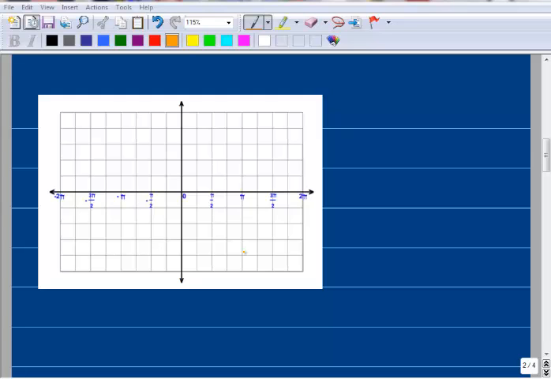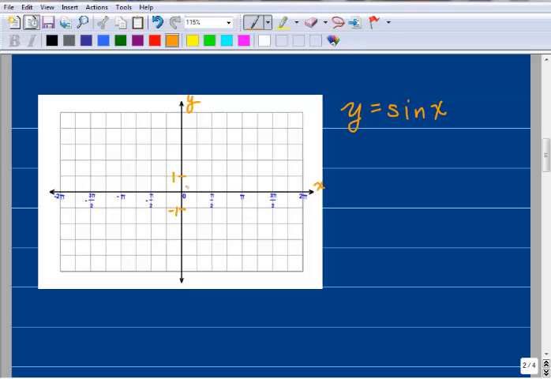All right, let's take a look at what happens when we transform the graph of y equals sine x. So remember, in a previous lesson, we looked at y equals sine x or sine t. We'll use x this time, it doesn't really matter. So this would be our x-axis, our y-axis. And we kind of drew the graph, and